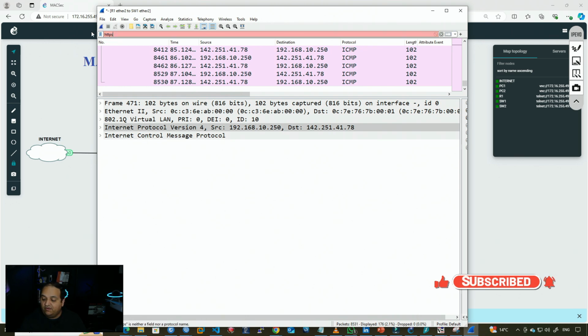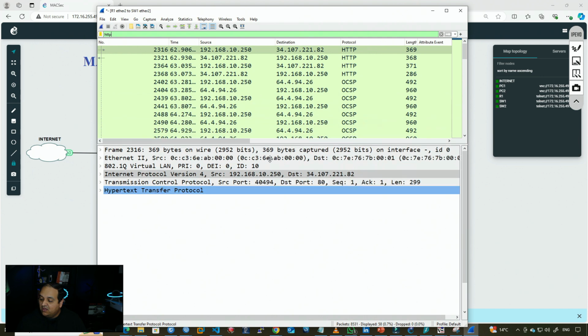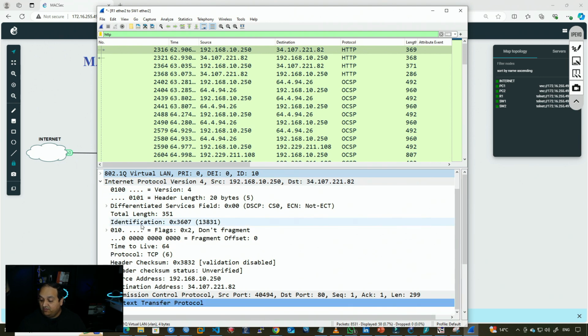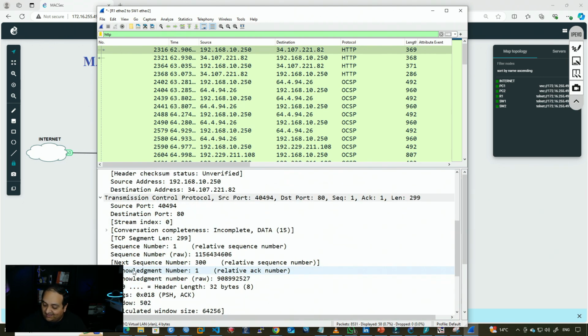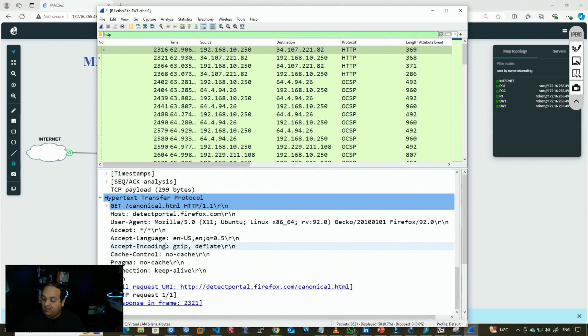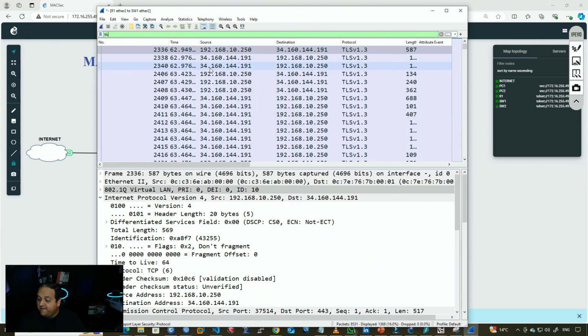So if I come to the filters, and I look for the HTTP traffic, you see here that I have traffic coming from that PC and trying to contact that web server. And still we're able to see the layer 2 header, the VLAN header, we can see the IP information, and we can see the TCP header, and then we have the HTTP header. At this point, we don't have encryption, and then if I filter by TLS, then I can see here